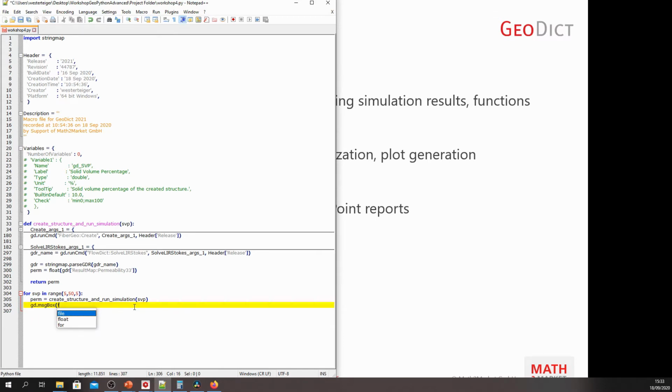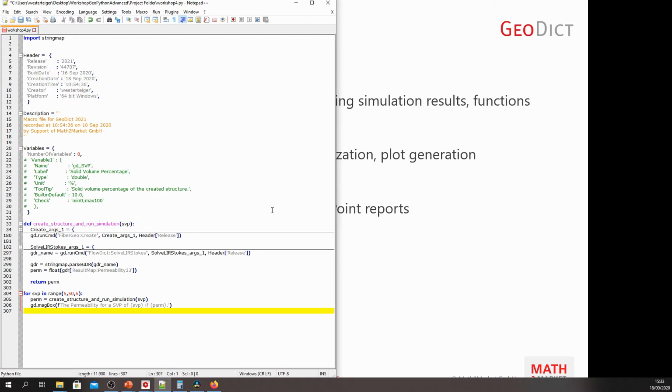So we do f single quote the permeability for a SVP of curly bracket SVP is curly bracket perm. So what this does, it constructs a string which has the values for the SVP and the permeability inserted at these points.